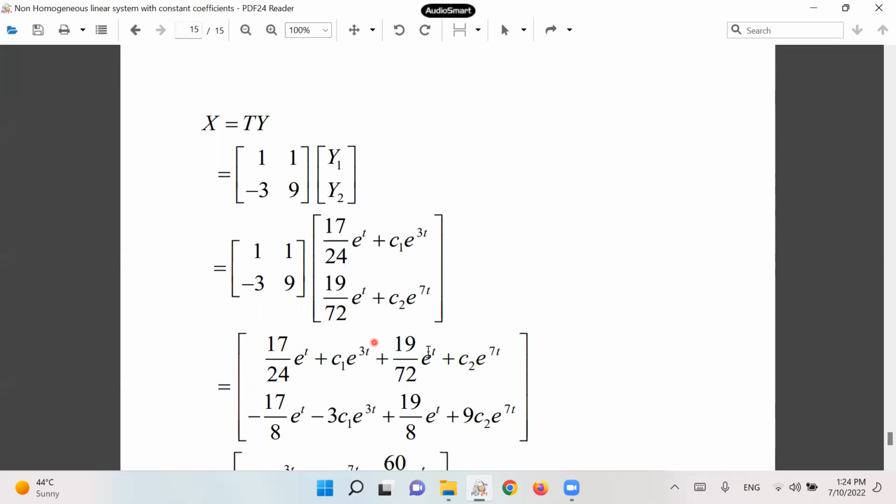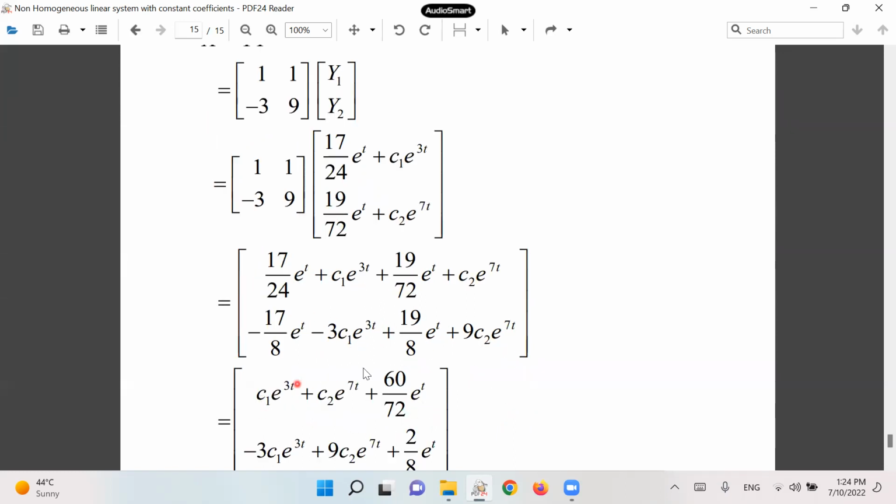And when we simplify them, we will get the required answer. This and this we cannot simplify, so we will keep them as they are, c1 into e power 3t and c2 into e power 7t, but this and this we can add. When we add them, we will get the answer 60 over 72 e power t. Similarly, the second row will be multiplied with the first